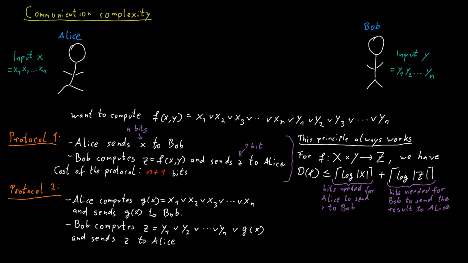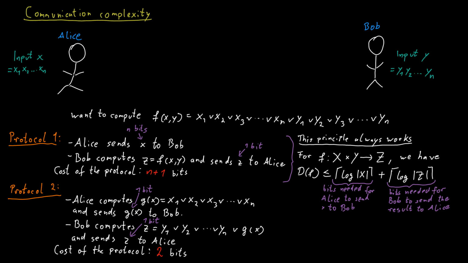So clearly this works. Basically, Alice just checks, do I have a single 1? If yes, I will tell Bob, yeah, I have a 1. Otherwise, I will tell Bob, no, I don't have a 1. And then Bob checks, do I have a single 1? And if yes, I will tell Alice I have a 1. If no, I will check whether Alice had a 1. And if she did, I will also tell her, yes, the result is 1. So what is the overall communication here? Alice transmits a single bit to Bob, and Bob transmits a single bit to Alice. That's it. So the cost of this protocol is only 2 bits.